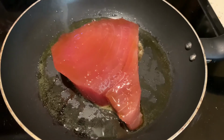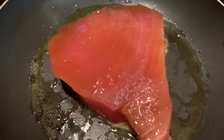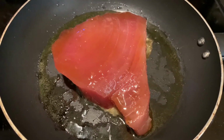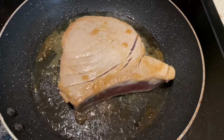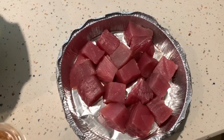We've got the marinade going, and yeah, you can already hear it starting to cook. So tuna steak has begun. We're giving it a nice sear on each side. Looking good. The next thing we're going to do is some blackened tuna bites, and what we're going to use